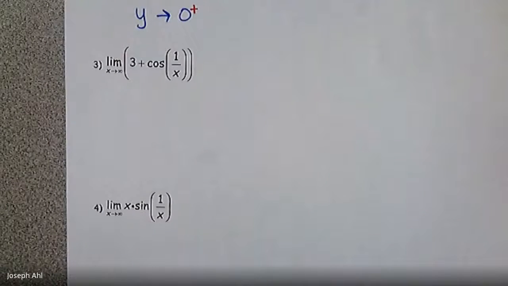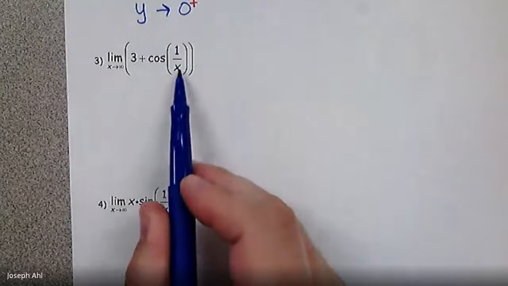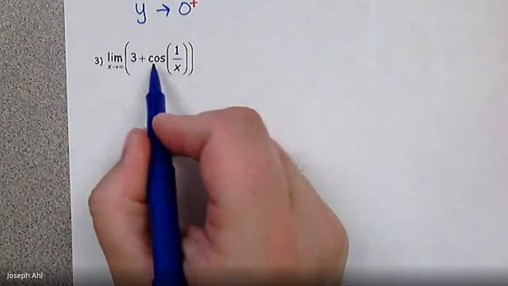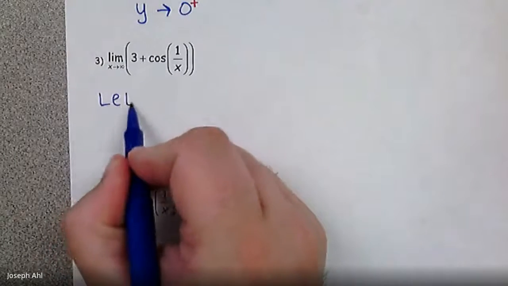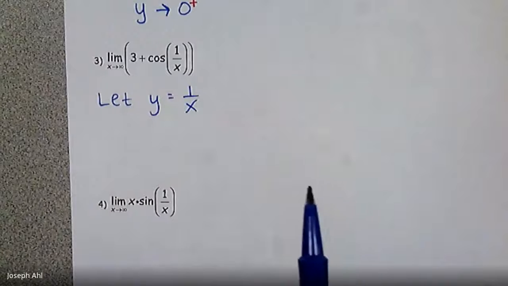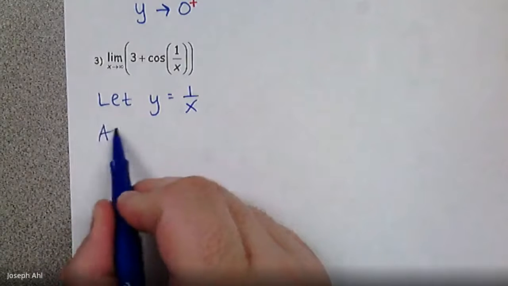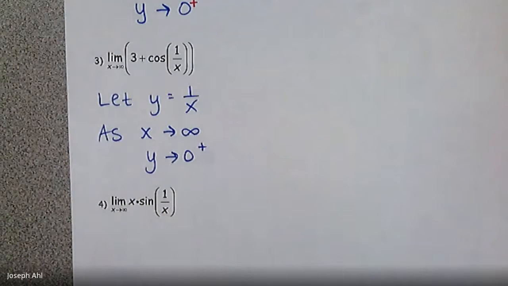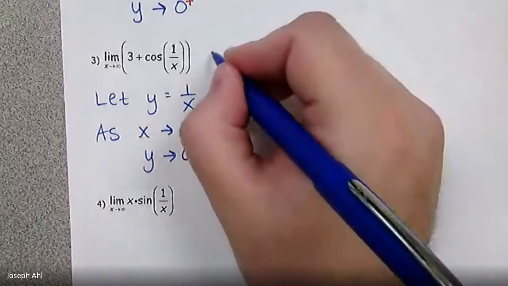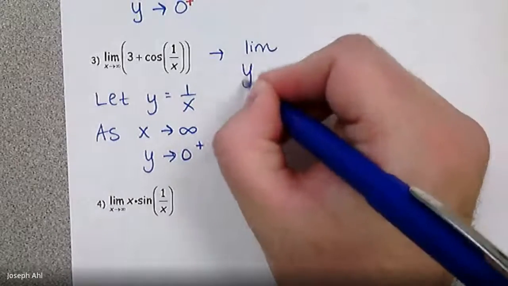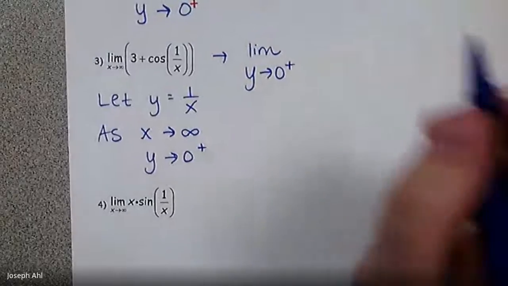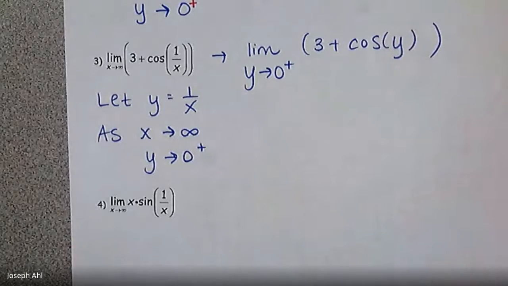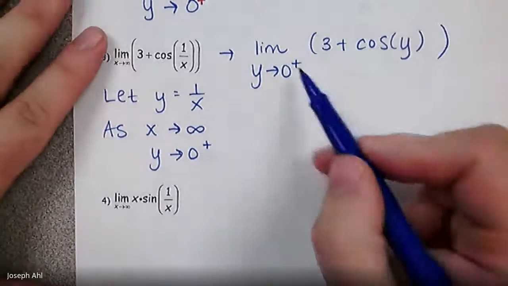And if we look at the next couple of examples, there's, again, that really similar 1 over x quantity that we're going to replace. So if you look at this case, for cosine of 1 over x, if we let y equal 1 over x again, I won't write this in the last one, but as x goes to infinity, we have that y is approaching 0 from above. So this becomes the limit as y approaches 0 of 3 plus cosine of y. So when I now substitute in 0 here, we